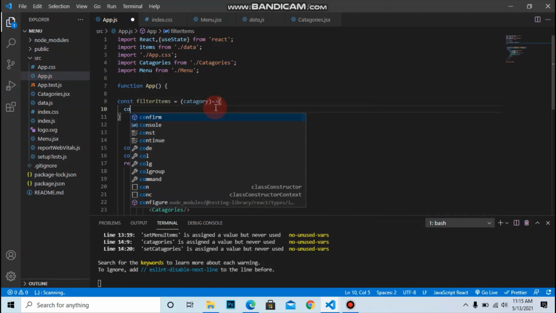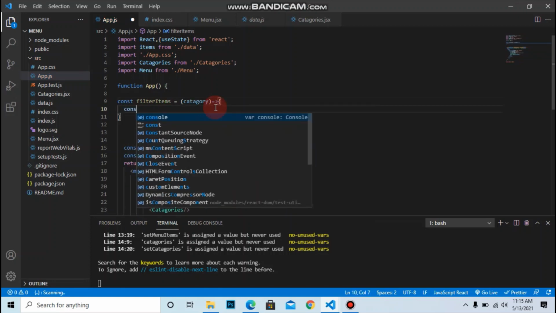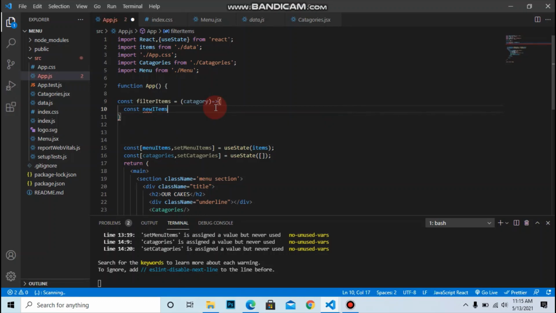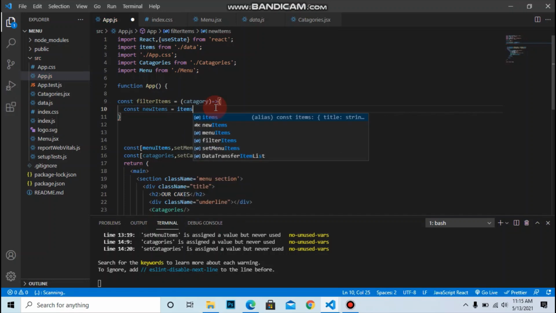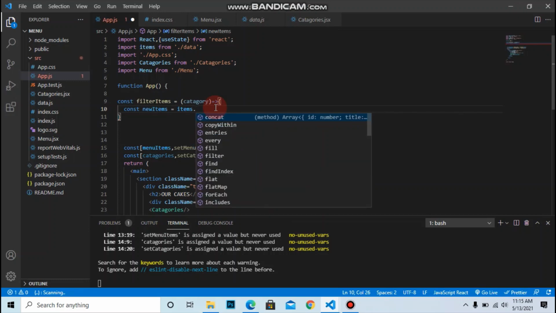Inside this, let's make one variable, const newItems equals to, we always filter our main items, that is the items array. items.filter.